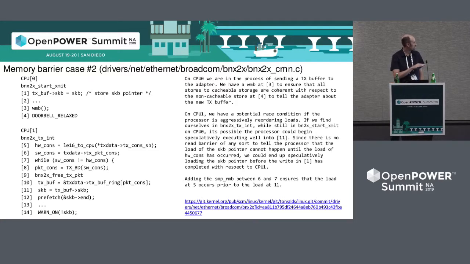I pulled out a lot of the code here, obviously, but what it's doing is taking an SK buff, which is a network packet buffer, essentially, and storing a pointer to that in a local buffer that it managed for the transmit packet. It does the right memory barrier to ensure that the whole packet data and all the metadata that the NIC needs to know about is synchronized. Then it does a doorbell, which is just a non-cacheable store to the adapter, and then the adapter goes off and starts